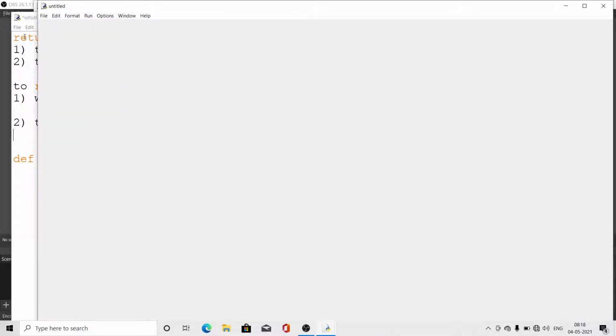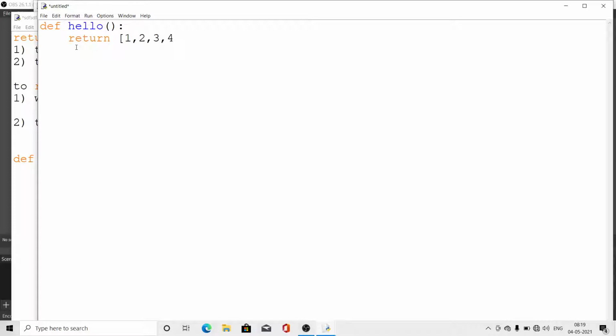Look here. Definition hello. And this one is returning 1 comma 2 comma 3 comma 4 comma again 4 comma 5 comma 6, and here I have written A is equal to hello. Now I am going to display print A and print type of A. Both I will show you. Here two list values I have returned. Clear?